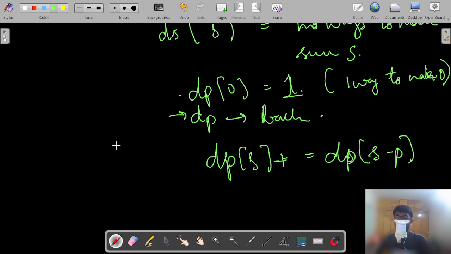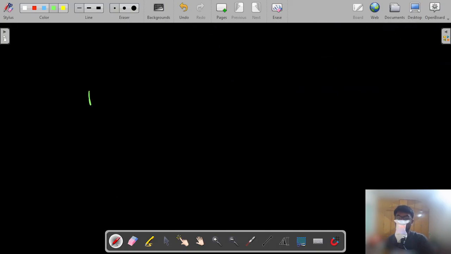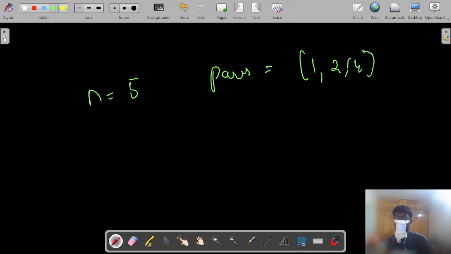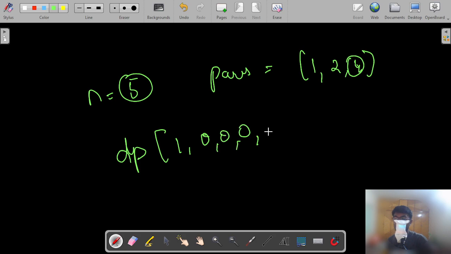let's say I will take a simple example here. So let's say we shall consider this specific case. Let's say n is equal to 5 and all the pre-computed powers will be 1 to 4. This is the largest value such that it is less than 5. So now let's say we create our initial dp array starting at 1 0 0 0,